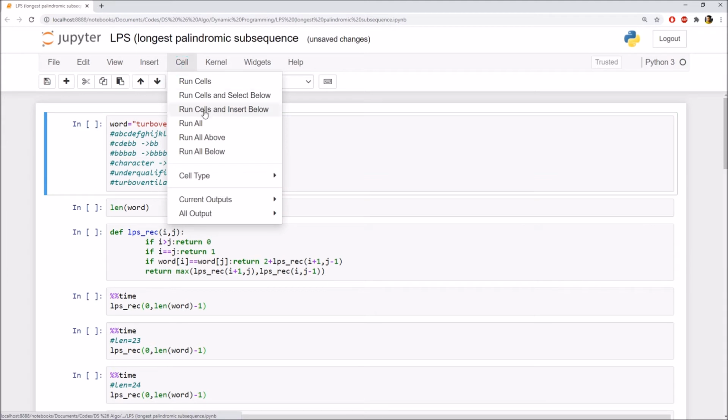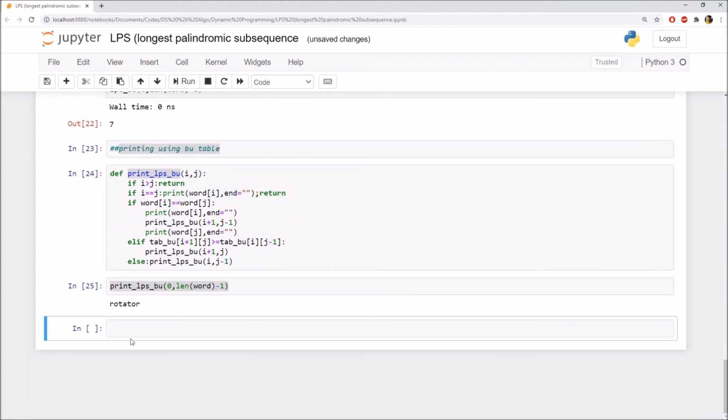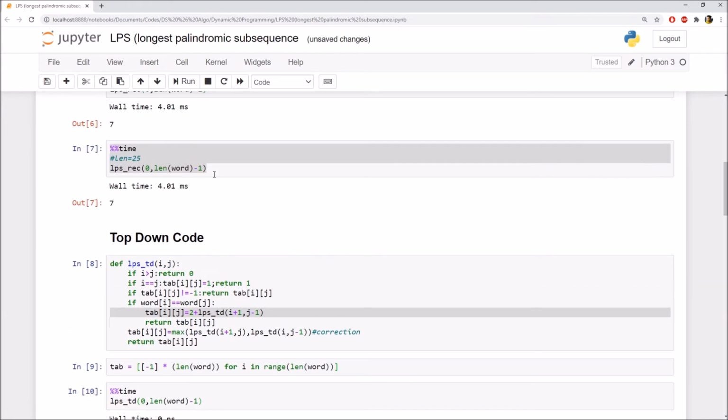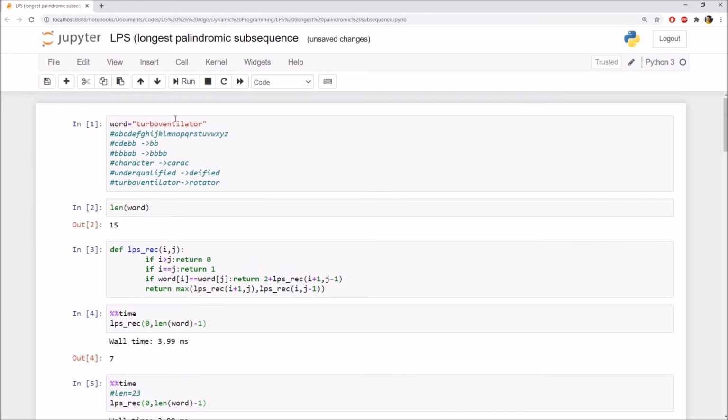Now let's execute it. So to execute all cells in Jupyter, you will do run all. So as you can see here, using the bottom up table, I am getting answer 7, which is correct. And now the same answer I am getting using the top down table. Now what I will do, I will change the word. I will replace turbo ventilator with underqualified.